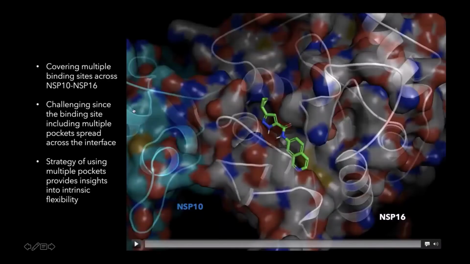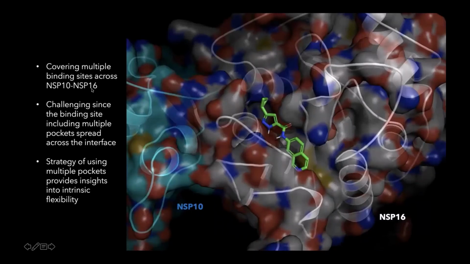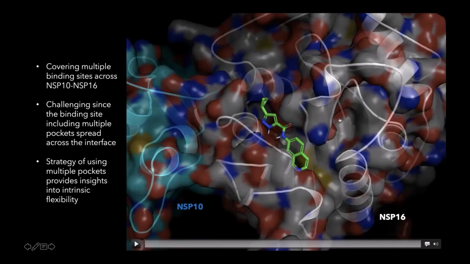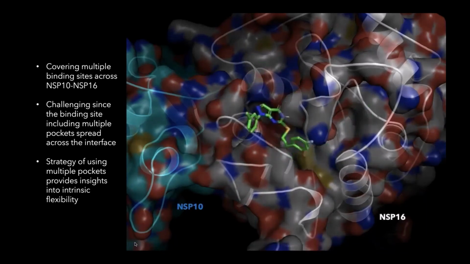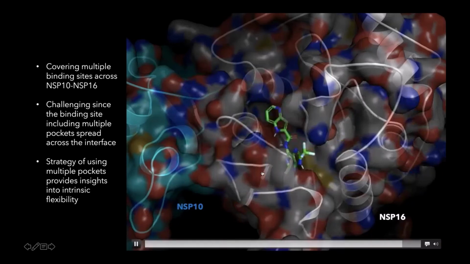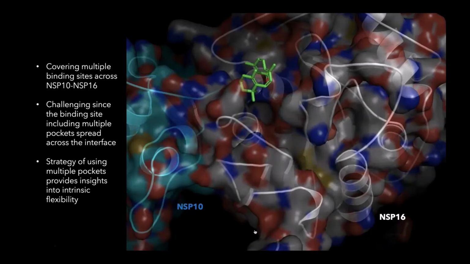This is another example where we are using the NSP 1016, a very challenging binding site because there are multiple pockets that you can see. There are at least 1, 2, 3, 4, and we are trying to use multiple pockets to cover the diversity of places where this molecule can go and bind. And given the fact that this is the interface of 2 different proteins, it also becomes important that we are able to target such